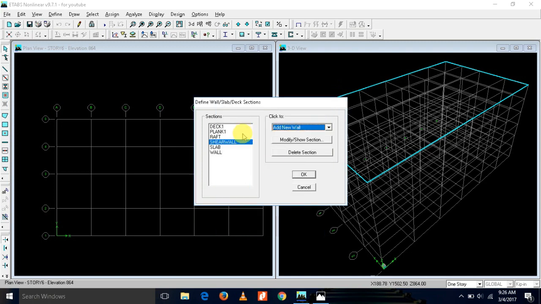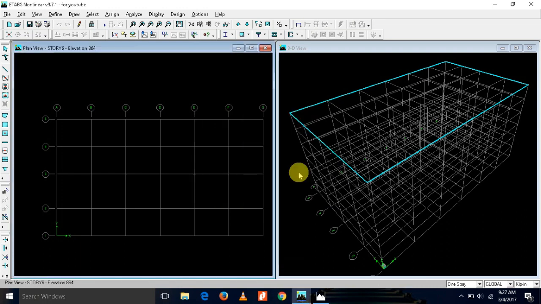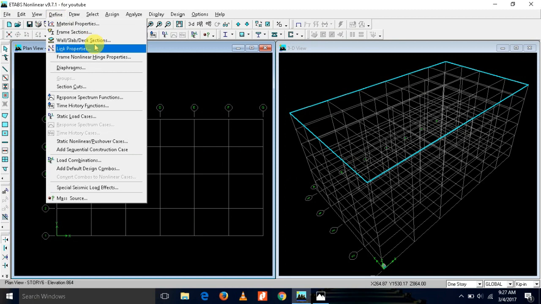Remove the flank and deck. So you have to make it clear and concrete so it doesn't mingle with each other. Now what we have to design, we define material properties, frame section, wall deck section. Okay, now our next step is we have